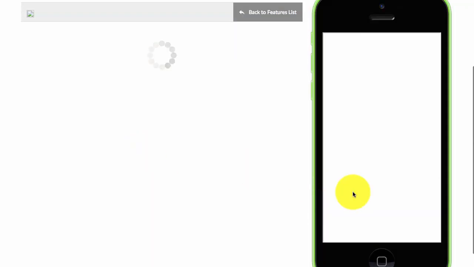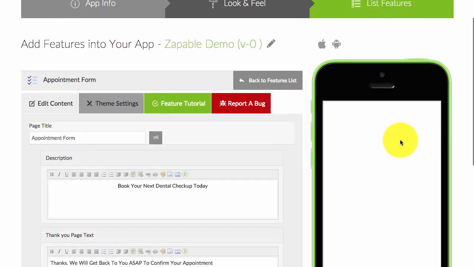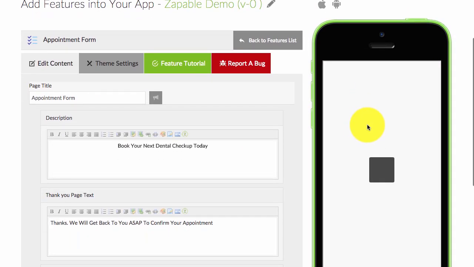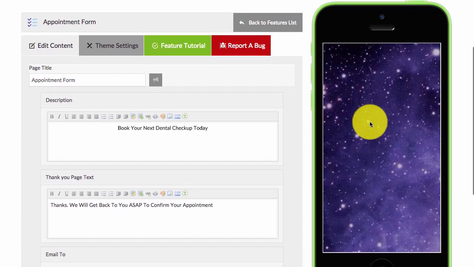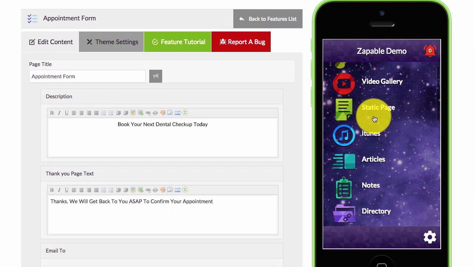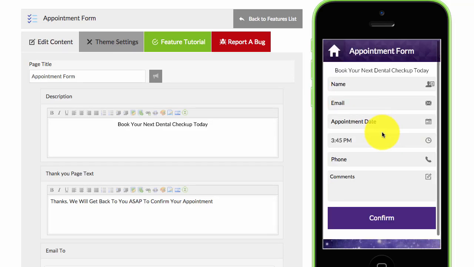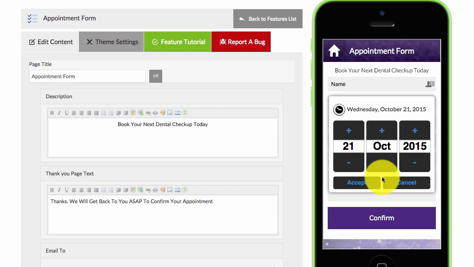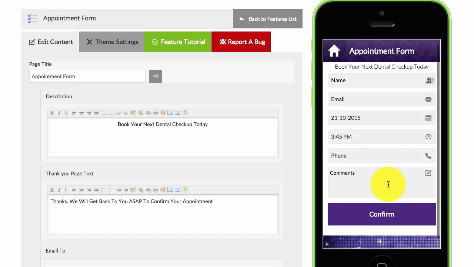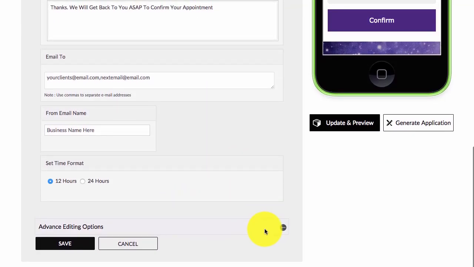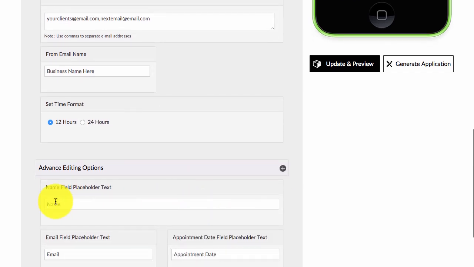Let's just go back to the appointment form. We'll click on edit, and then we'll go down to the appointment form here. So you can see there, book your next dental checkup today, name, email, appointment date, time, where they can select the time, select their date, they can put in any comments if they need. And if I change this,